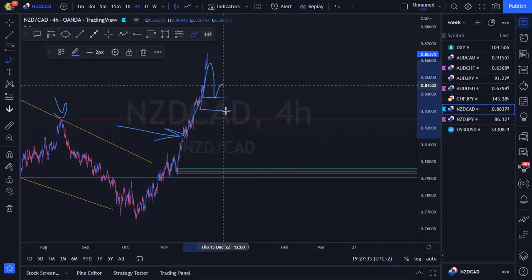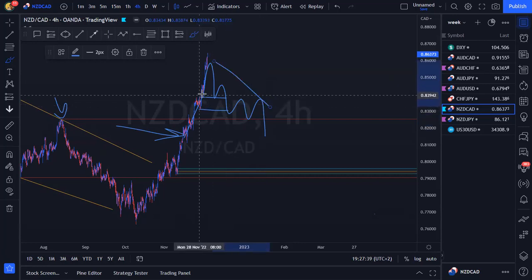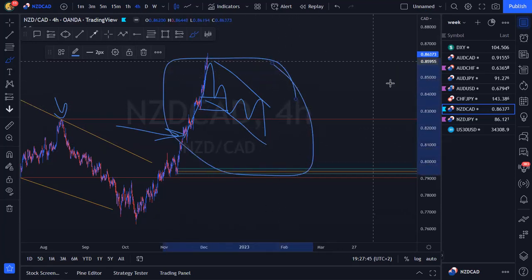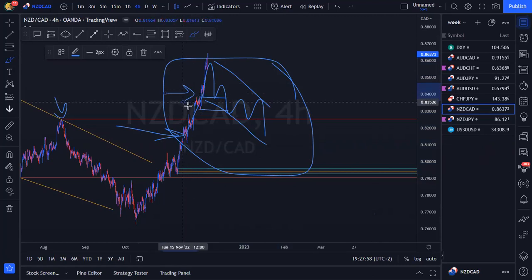All I'm going to do is just wait for a corrective structure. Some corrective structure, at some point, is going to form. Nothing moves forever. And when it does stop, when it does stall, whatever corrective structure forms will again give us probabilities on this pair. So for now, New Zealand dollar CAD, off the watch list. There's nothing until we see all of this momentum slowing down and giving us some indication of either continuing with these buyers or a reversal structure, maybe to short after all of this buying momentum.